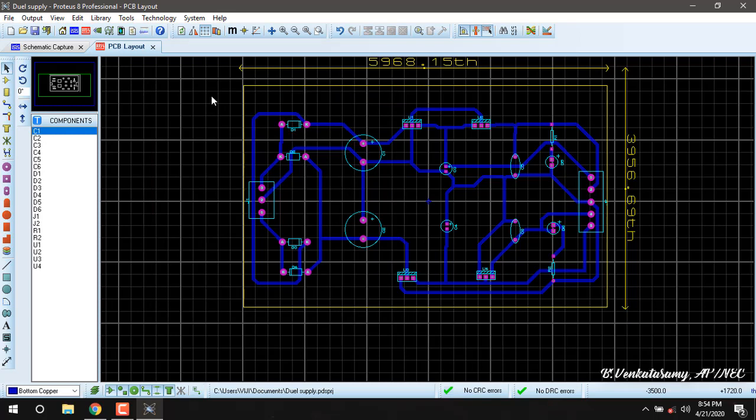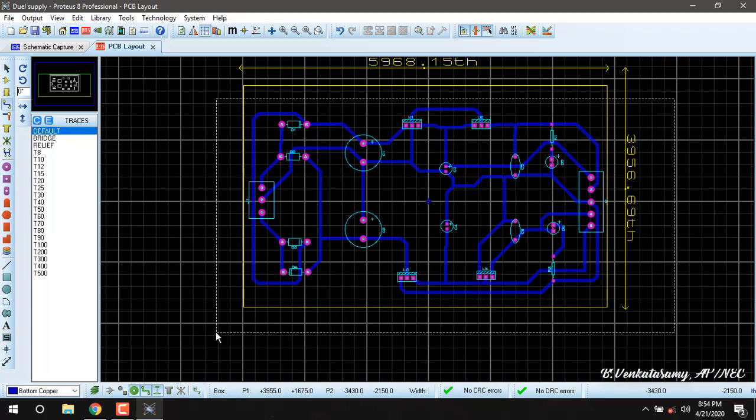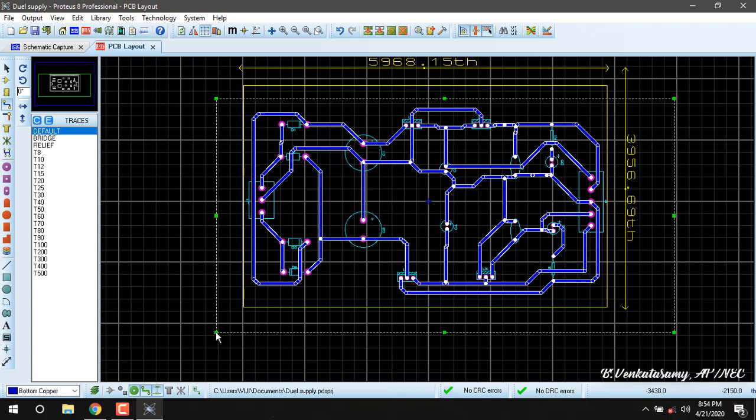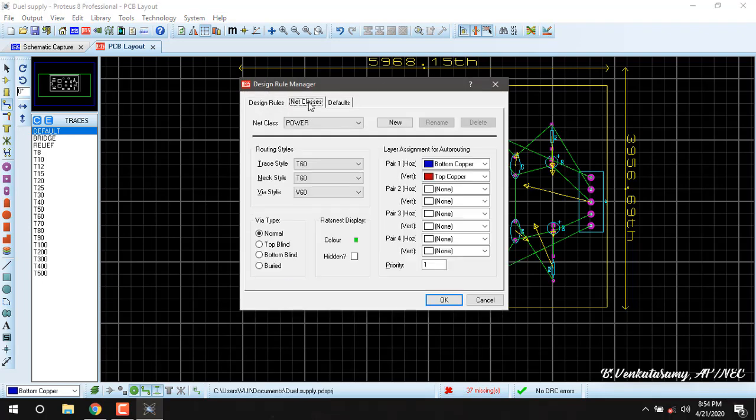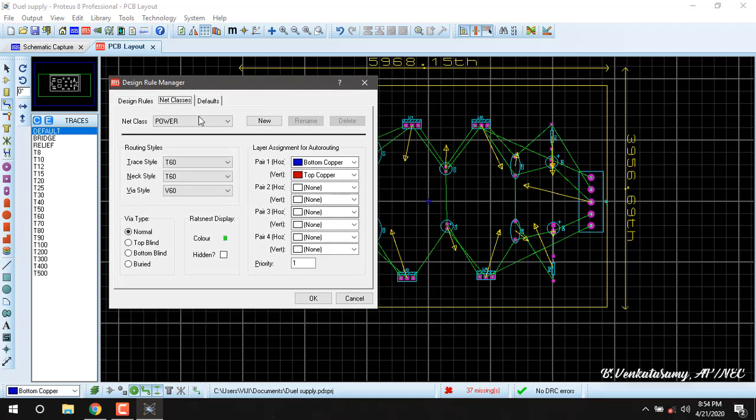Now before going to the auto routing process, every time we should remove all the tracks in the PCB layout. How to remove? Press this track mode, select all, press delete. So now we removed all the PCB tracks, and we framed some design rules for double layer PCB, power and signal.